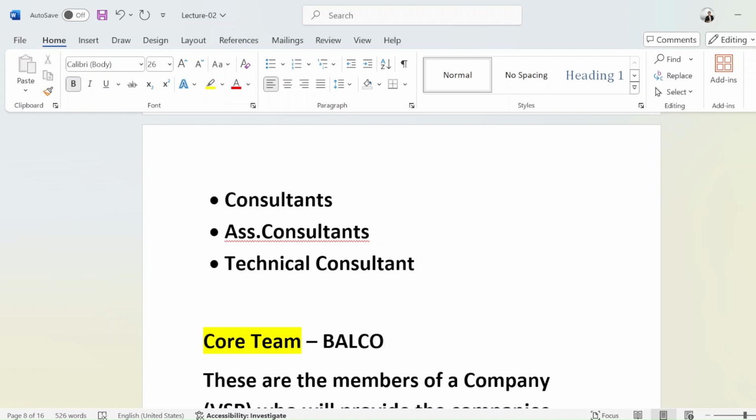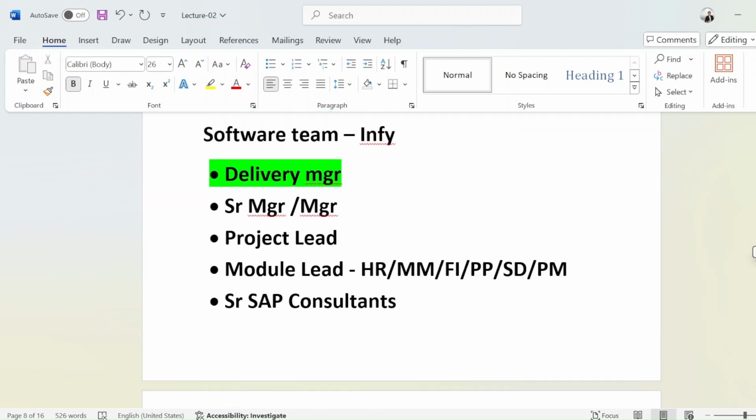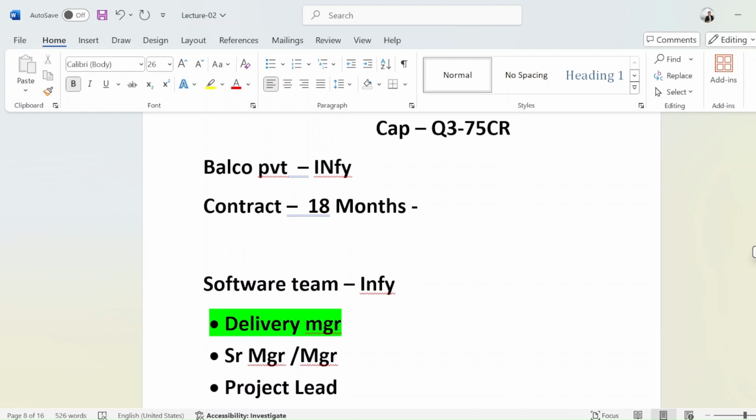But after 18 months, after completion of the project, they have delivered it and gone live. I'm talking about Infosys. After that, the company's employees are going to use that SAP in their day-to-day activities. These employees don't have much knowledge about SAP.